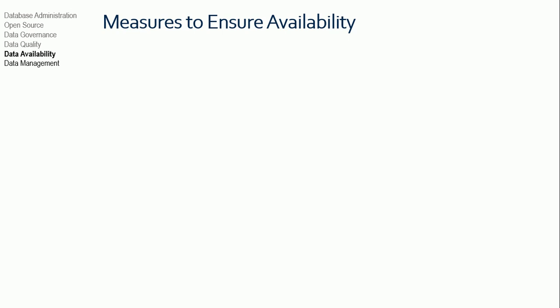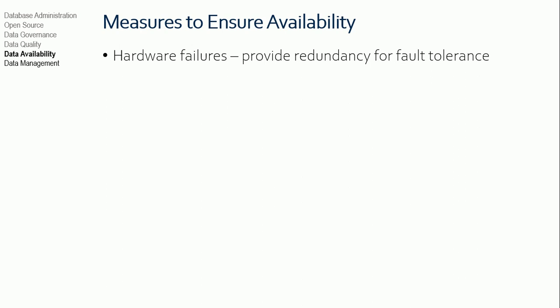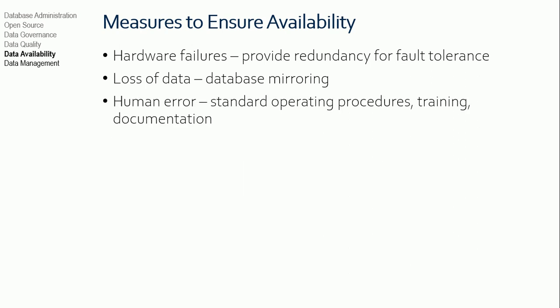So as far as measuring availability, and again, being able to measure these metrics is important. We can look at hardware failures and provide redundancies for fault tolerance. We can look at loss of data. For example, we can use mirroring to keep secondary copies of our database. In fact, if you use Microsoft Azure, I think when you set up your Azure SQL, it actually tells you that it's going to store your data in 3 replicants. In other words, you have 3 copies. Your database always exists in 3 different distributed geographic regions at any given time, and any of those regions could disappear, and you still have complete access to your data.